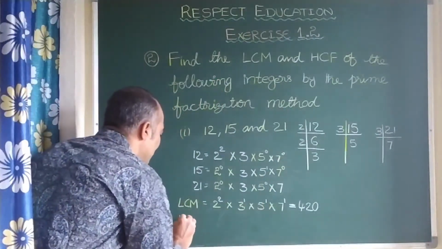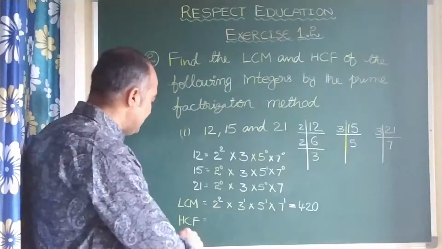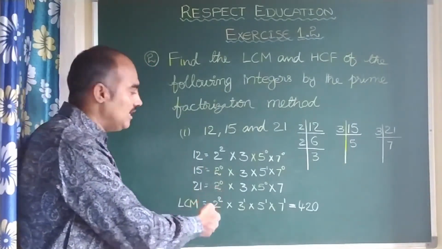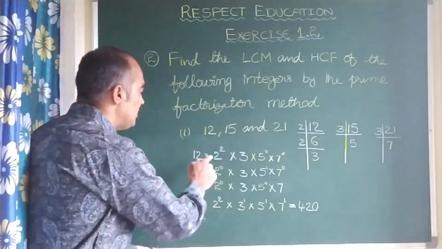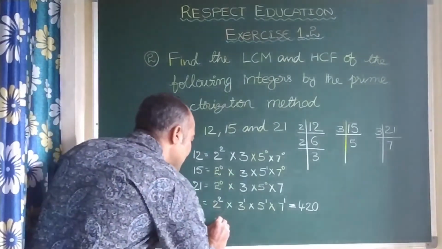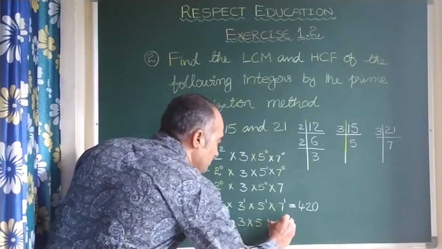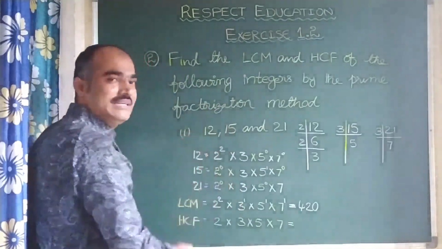Here you observe, I am writing HCF also. Again, HCF full form is highest common factor, H for highest, but we should take least here, children. In the powers we should take least. So here you see, same way you write here 2 into, here 3 into, here 5 into, 7 into, as usual, like earlier written. Now you see, in the powers you take the least one, right?